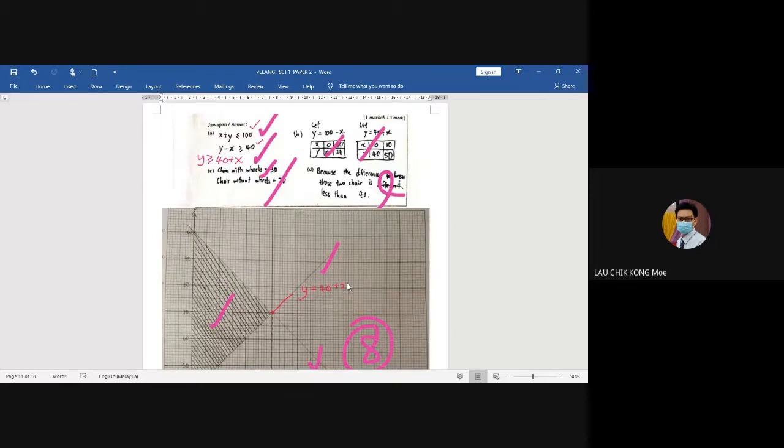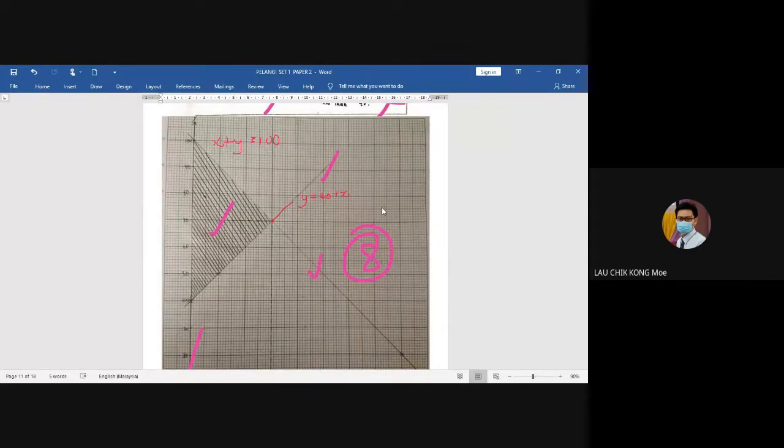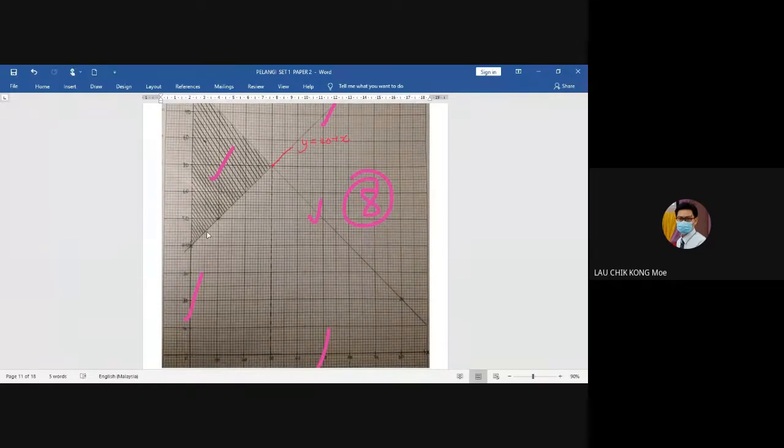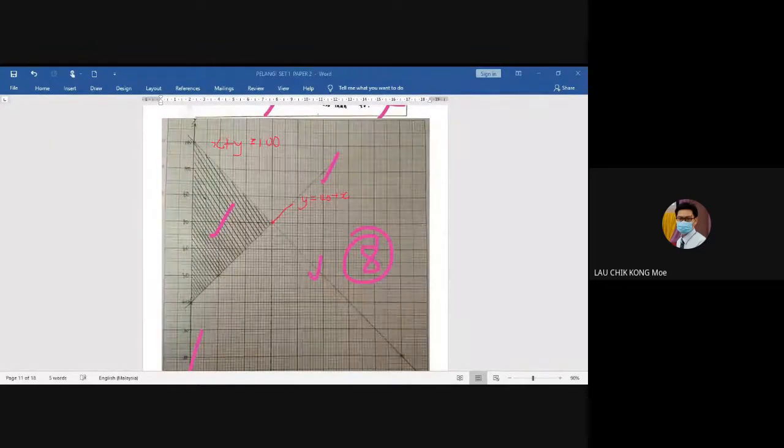If possible, write the equation beside the line. And then this one is x plus y, not less than or equal to 100. When we draw in the graph, we use equal. And then for the x-axis and y-axis, the scale is already given, 2 centimeter to 10 units. This is very clear. This graph is correct. And then the shaded region is here, right? Okay, so please do your correction if you are wrong. Who else is left?